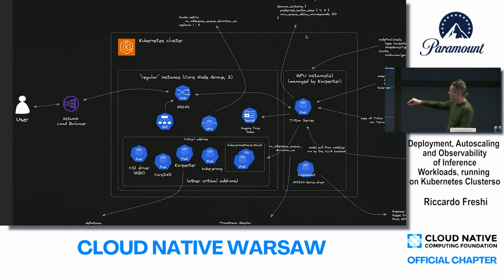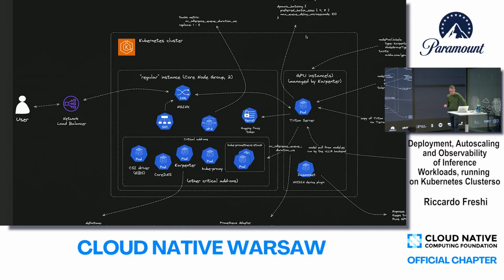The thing is that in here we host the critical add-ons, which are shown at the bottom there. So you can see the CSI driver, core DNS, and others. The one that I'm going to explain to you right now is the Carpenter add-on. I am assuming some of you are familiar with it, but in any case, I'll explain how it works and what that is. So Carpenter is an open-sourced autoscaler. It's an alternative to the cluster autoscaler.